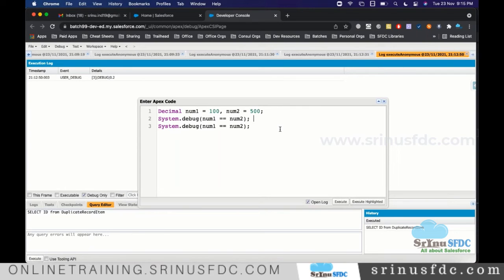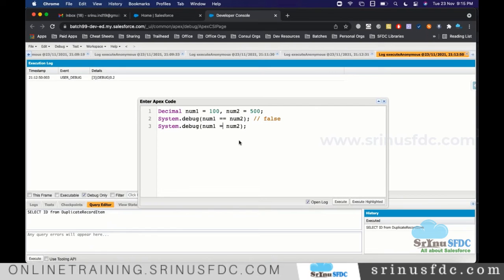When you write code, if you don't want to execute some lines, for example I want to write a comment and the system should not consider it for syntax, for that we use //. After the //, whatever you write, the system won't check the syntax. You can type whatever you want. Here I'm saying the result will be false. This is just for our understanding, right? We are expecting false here.